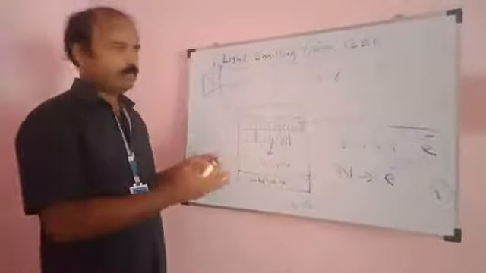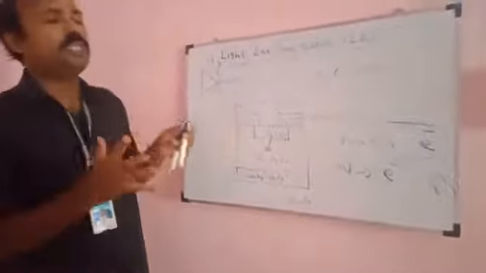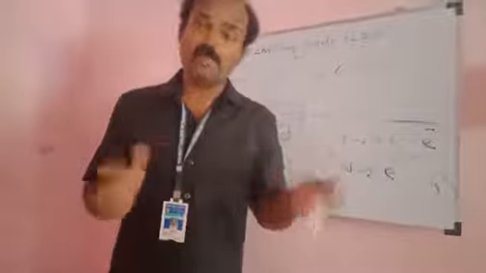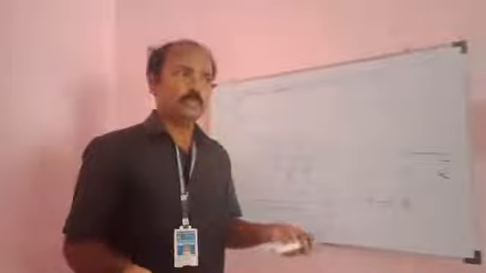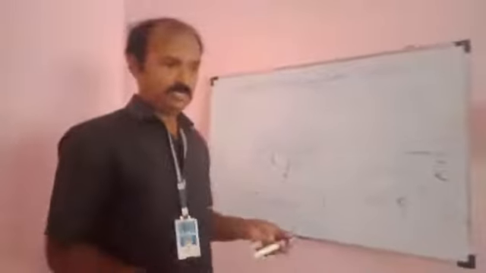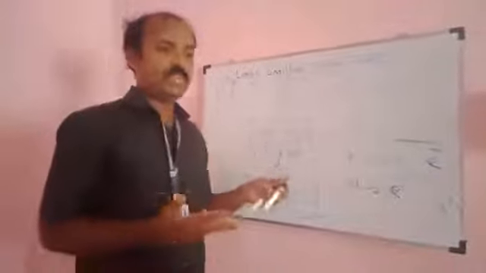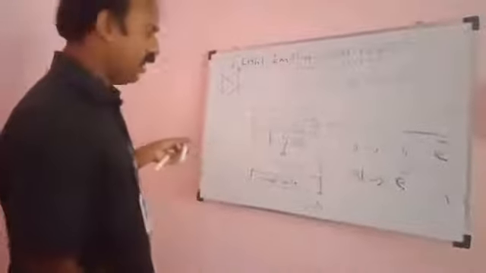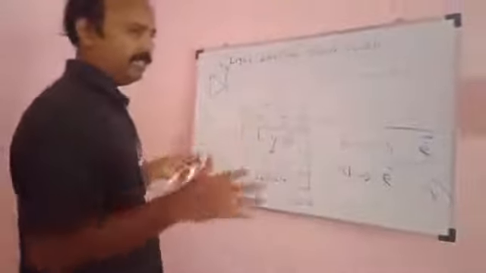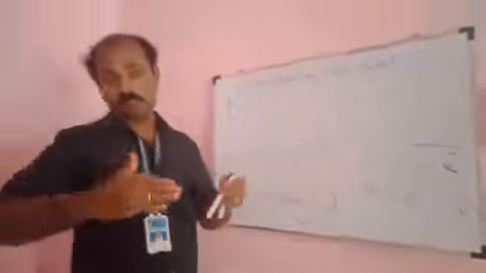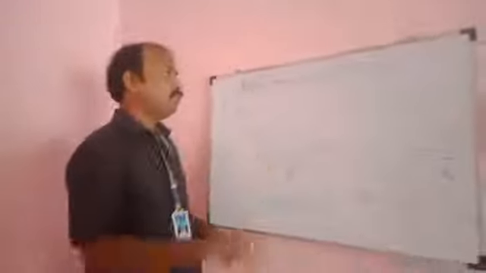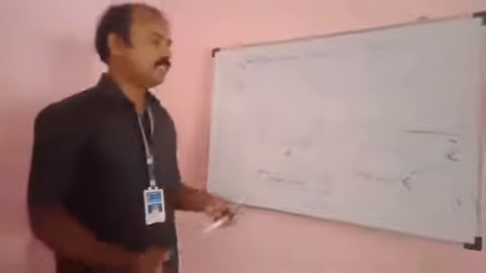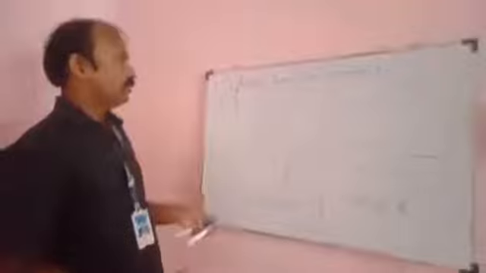Most probably these LEDs are very useful in digital display systems. Nowadays the same LED is also used in TV. And infrared LED is very useful in burglar alarms. The infrared LED, which emits light in the infrared region, is very useful in the case of burglar alarms. So many advantages, disadvantages and applications are there. So these are the basic things about the LED.